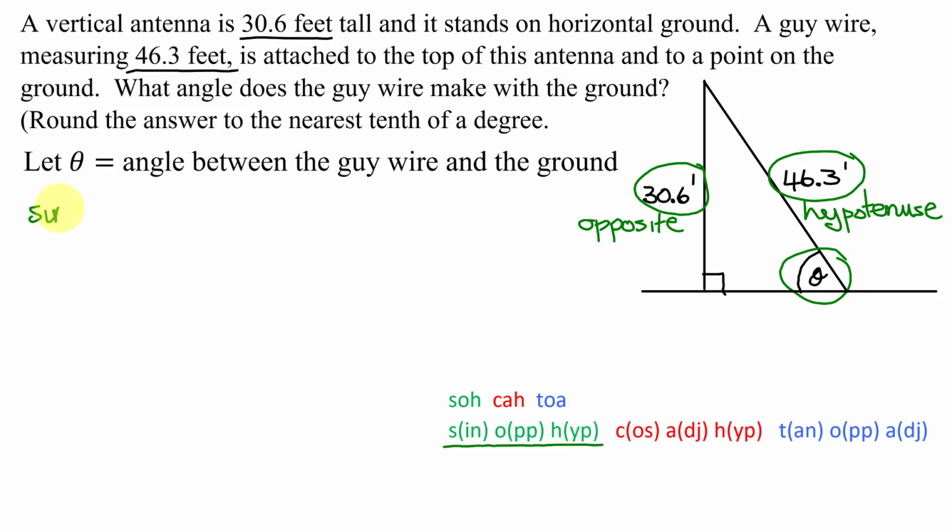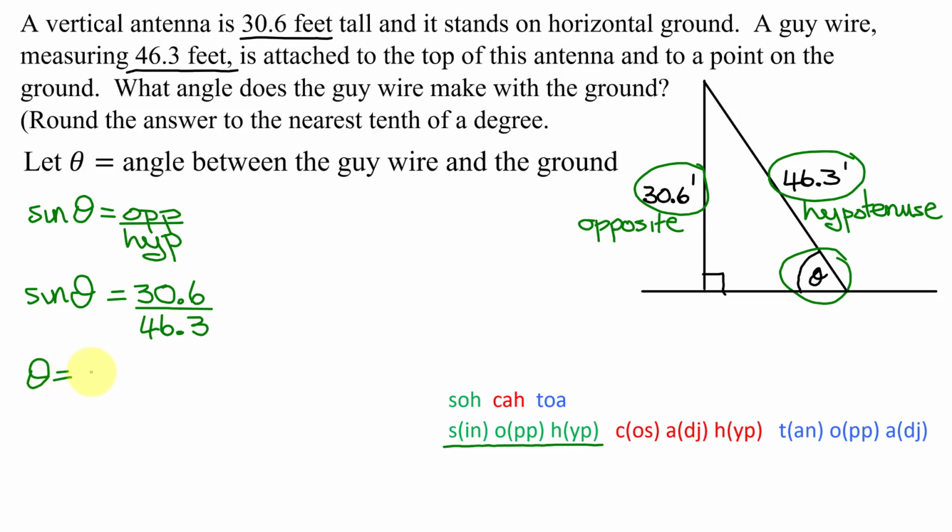So I know the sine of angle theta is going to equal the opposite side divided by the hypotenuse. So the sine of theta equals the opposite side is 30.6 divided by the hypotenuse, which is 46.3. So to find theta, I need to use the inverse sine function on my calculator of